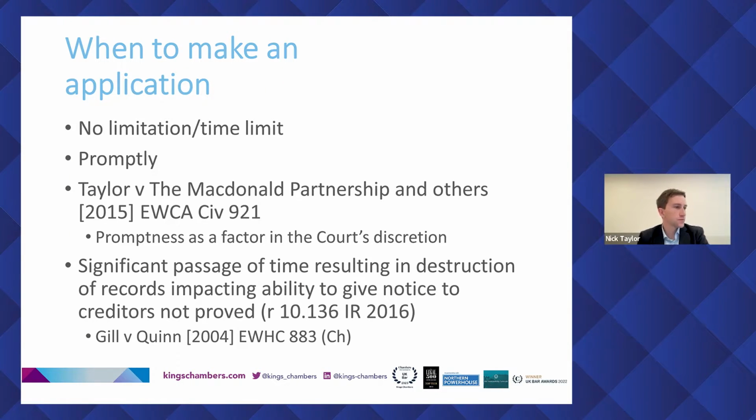There aren't any limitation periods or time limits that are applicable, but in terms of whether either of these options are going to be granted, you need to act promptly. Now, Taylor is the key case on that, and that looked at a 12-year delay with all sorts of procedural delays in the meantime. There it was said that promptness is a factor in the court's discretion, and it's a big factor. In the Taylor case, it was said this had already been a very expensive, long-running process, and taking it any further in terms of an annulment was only going to lengthen the process and